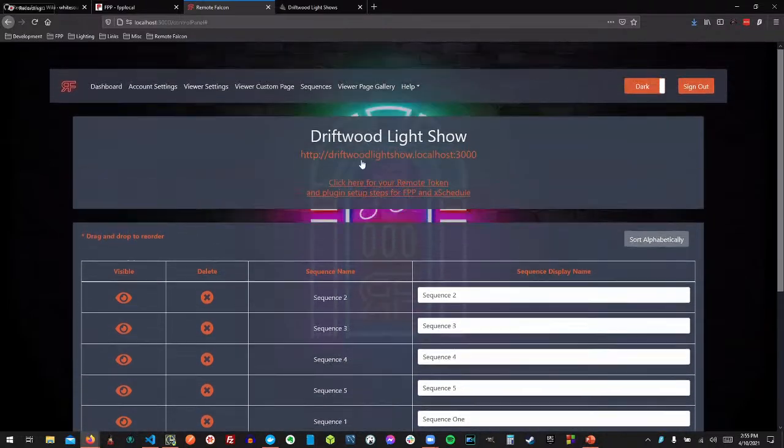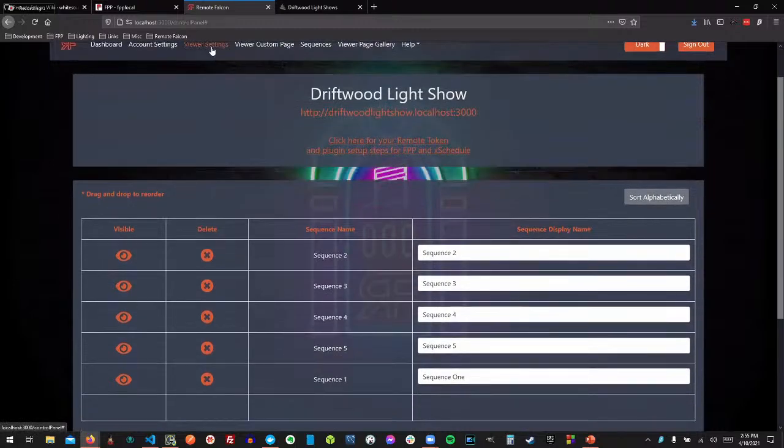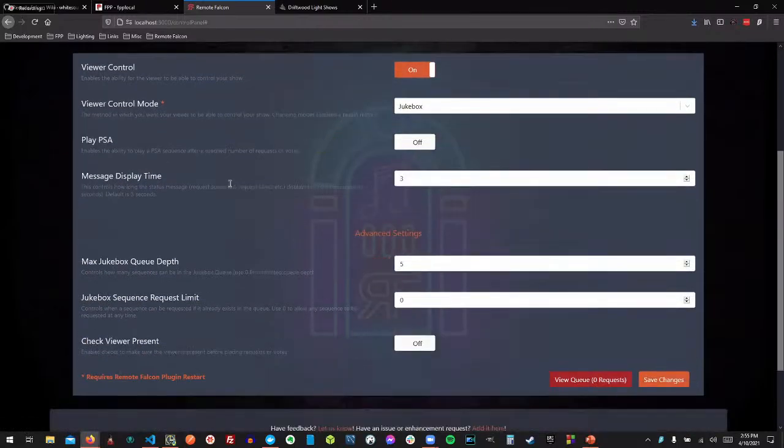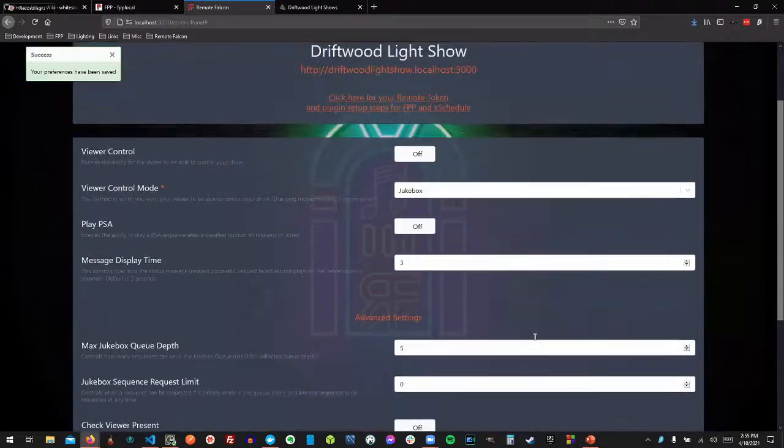All right, so now it is time to kind of get into the meat and potatoes of Remote Falcon. And that is going to be under the viewer settings page. So this is where you'll set up and configure how the viewer is going to interact with your show. And the very first thing is this is kind of the global toggle for viewer control. So if I was to actually turn this off and save it,